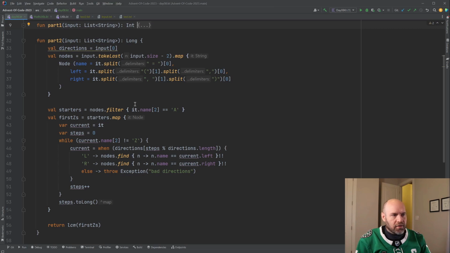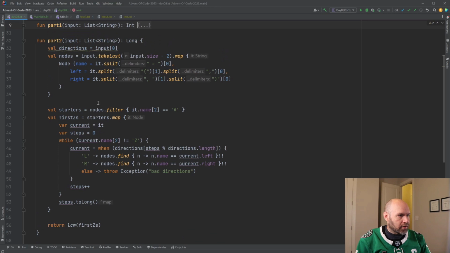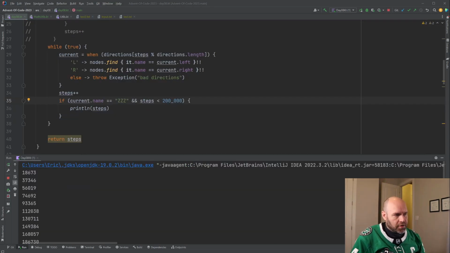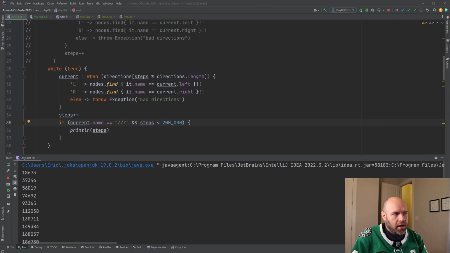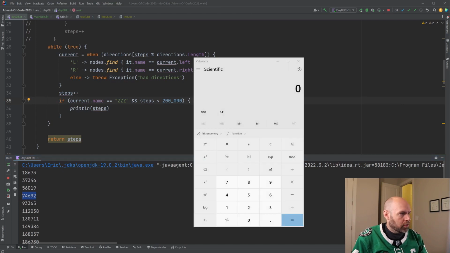Today's is actually a bit simpler than that. The instructions don't really specify it, but playing around with the data actually shows that it's simpler. So let me just do that real quick. Hang on. Okay, so basically I just printed out every time the initial one, the AAA, hits ZZZ, and it'll just keep repeating over and over. So the first time it hits it on mine is this, and then the second time, third time, fourth time, and so on. Now, if we look at that,